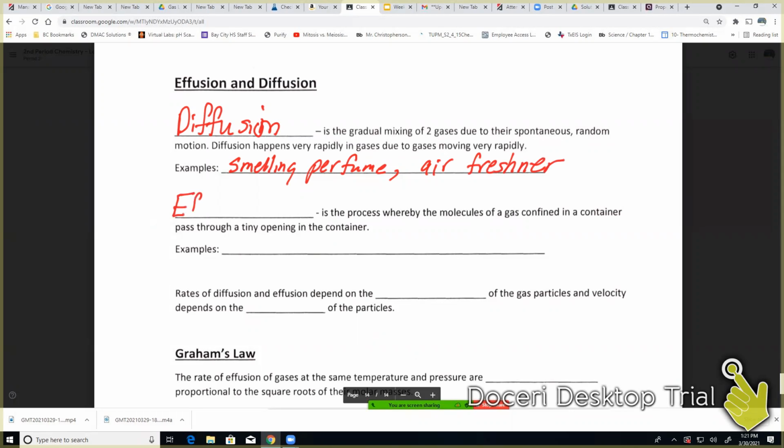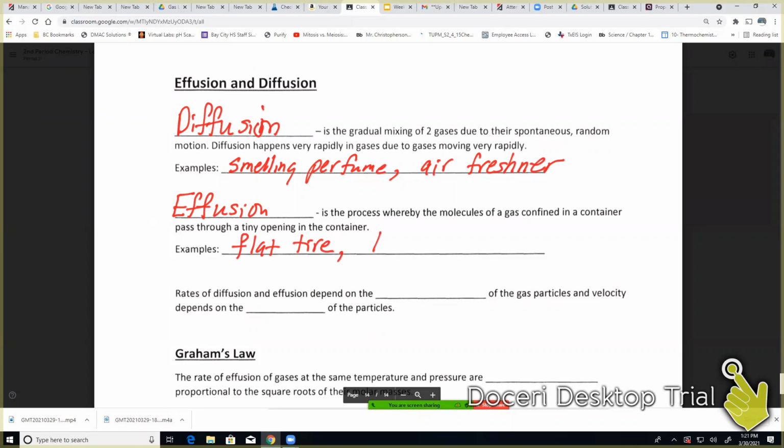Effusion may not be a word that you're as familiar with. It's the movement of gas particles through a tight opening in a container. So if a gas is contained in a container, then it's going to be causing pressure against the surface of that container. And if there's a little hole, then it would move through that hole, and that's called effusion. So, a flat tire,